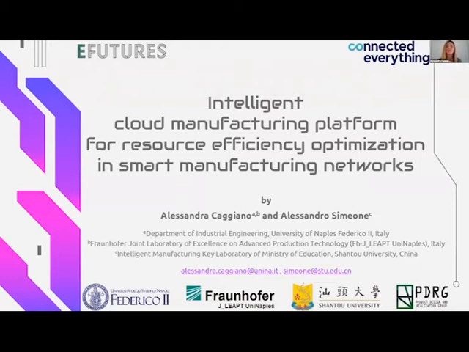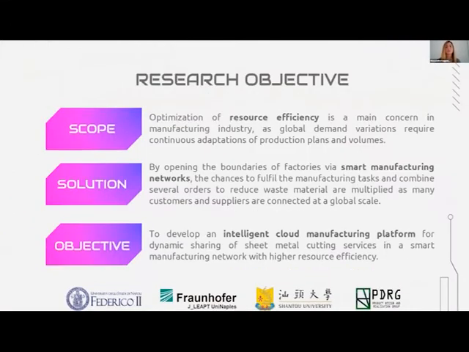And today I will talk about some of our research activities which are carried out in collaboration with Dr. Alessandro Simeone from Shantou University. And it deals with the development of an intelligent cloud manufacturing platform with the aim to improve the resource efficiency in smart manufacturing networks. Well, as you know, the optimization of resource efficiency in manufacturing industry is a main concern